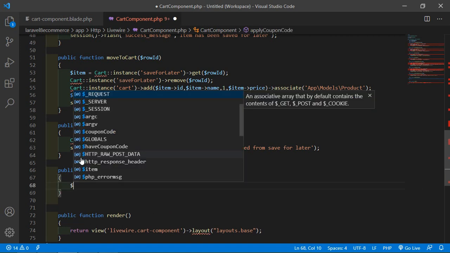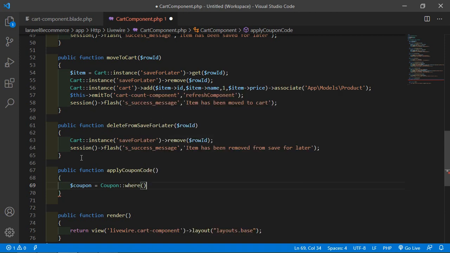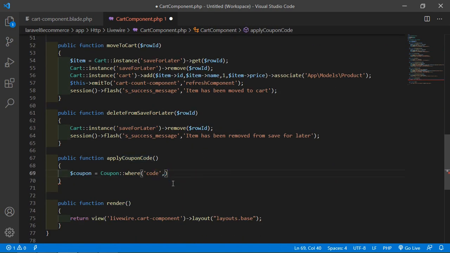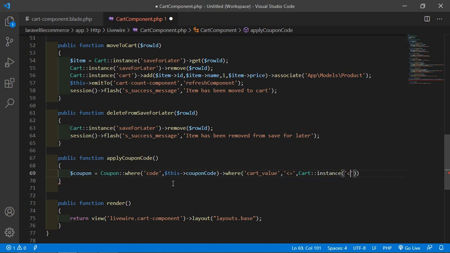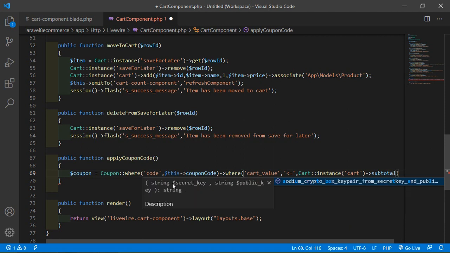Inside this function, let's create a variable $coupon equal to the model name Coupon::where code is equal to this property, $this->couponCode, and also add one more condition where cart_value is less than or equal to Cart::instance('cart')->subtotal.